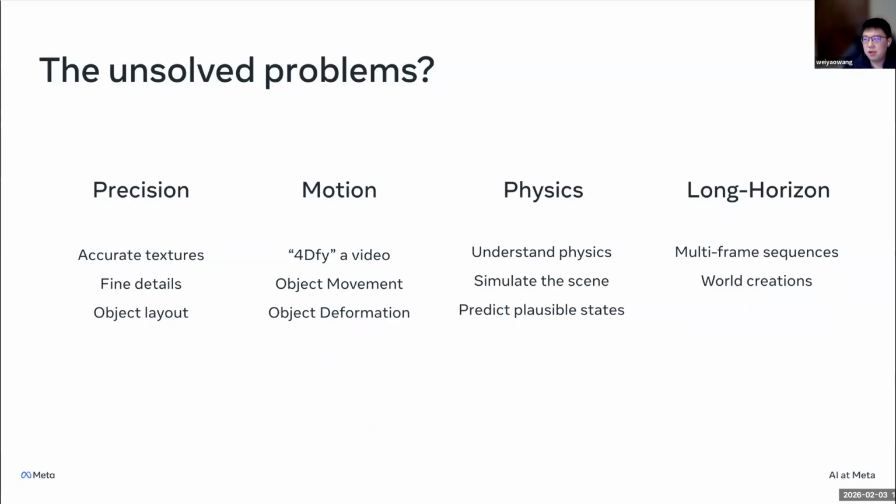We want to go for motion. At NeurIPS, we heard there are a few works already doing SAM4D. This is a very good direction, I believe. We want to go from single image to handling videos, adding time, doing 4D reconstruction, or maybe even understanding the dynamics, understanding how things move and how things deform. And this will bring us naturally to a very ambitious but impactful research direction, which is physics. We want to understand how objects interact, how they can support each other, how they might move, and make future predictions. Especially if we want to bring this to robotic use cases, this is very critical.